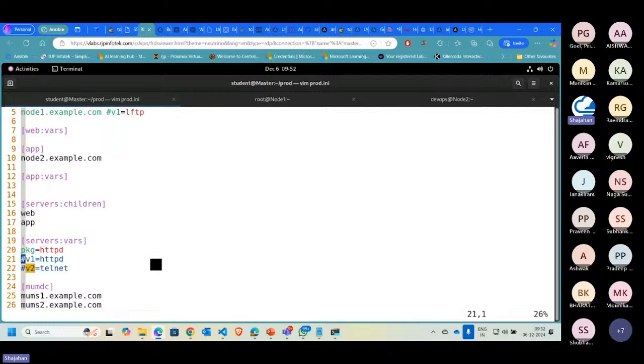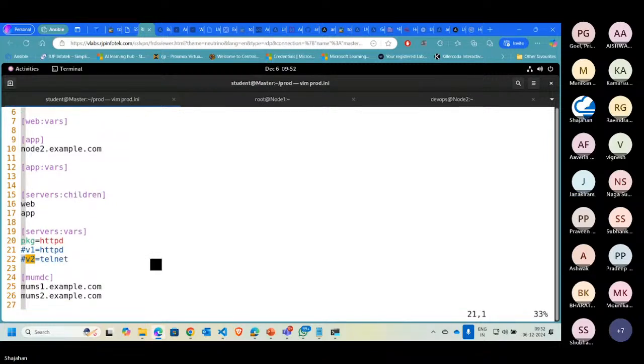So in this case, what I would like to use is v1. And here in this case, remove. I'm trying to use value 1 as HTTPD and value 2 as telnet. So there are two different values I'm supplying. One value, package, I'm not using anywhere in my module, in my YAML file or playbook. So no problem. v1, v2 are the two values I'm supplying inside the inventory file, which is prod.ini,